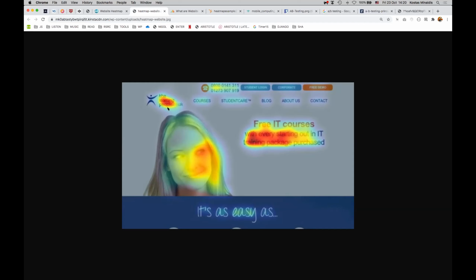It's just an image, and it will show with these colors that this place here on the page was clicked by most of the users. Or maybe this place, or maybe this telephone number. So one way that heat maps are generated is through user interaction. So most clicks or interactions such as double clicks or scrolling or other user interactions, we have a lot of data gathered in, and